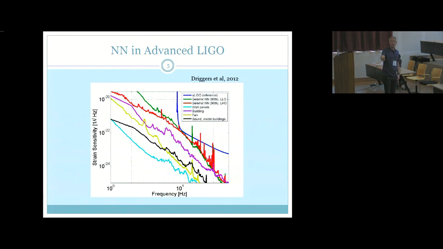Then we looked at fans, vibration of a nearby ventilation fan. Buildings may rock back and forth, and wall panels may shake. So we constructed a noise budget from this. But you can see that by quite some margin it is the seismic Newtonian noise that dominates. In this case, it's really the surface displacement that dominates the gravity perturbations.